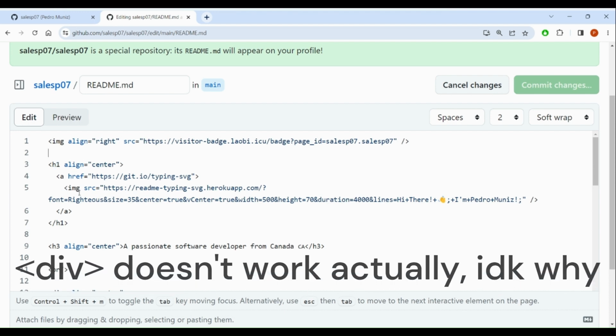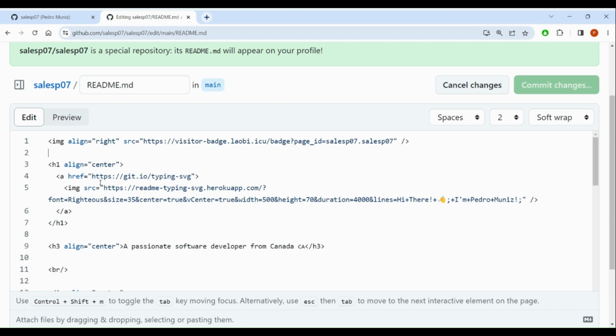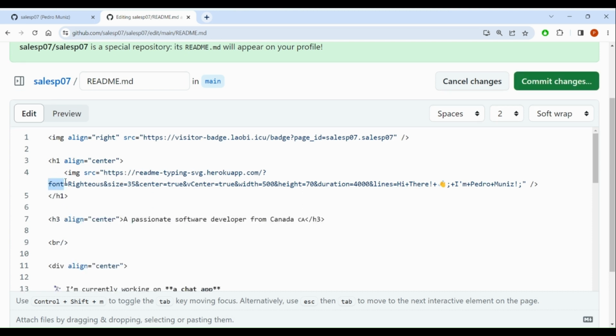It doesn't need to align anywhere. And then we use the SRC property and we will use HTTPS readme typing SVG, the Heroku app, and we have a few query parameters here. The first one is a font, which is font family of Righteous, a size of 35, center true, v center of true, which is horizontally and vertically, a width of 500, a height of 700, and what's really